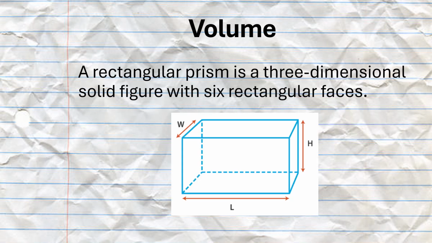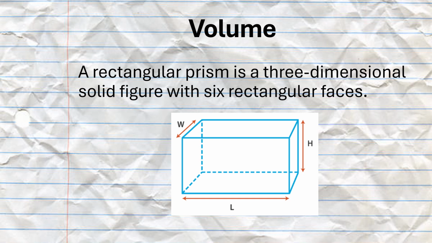For our lesson today, we'll be discussing the volume of a rectangular prism. A rectangular prism is a three-dimensional solid figure with six rectangular faces. Like a cube, all the angles of a rectangular prism are right angles. Unlike the edges of a cube, which are all of the same length, the edges of the rectangular prism, however,